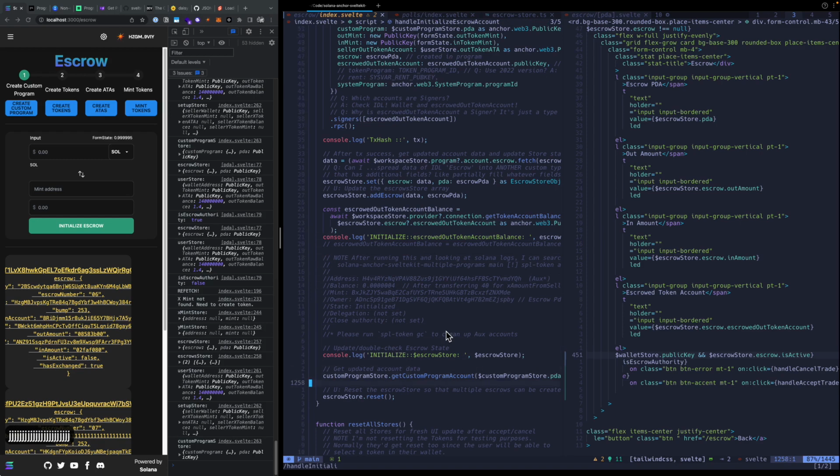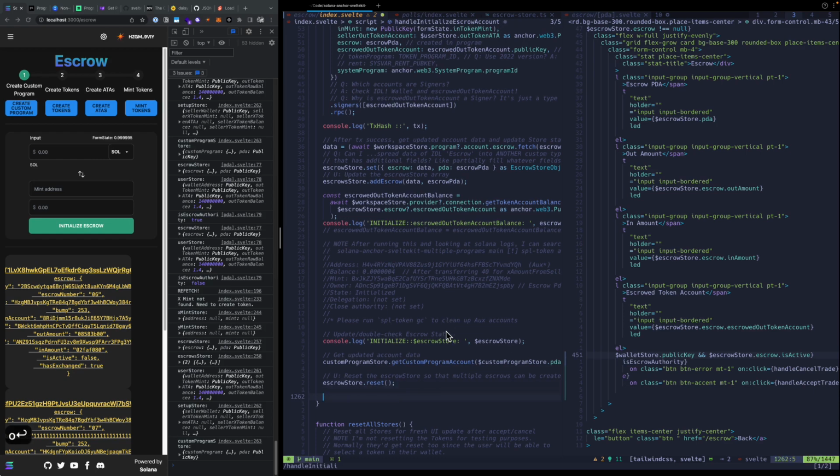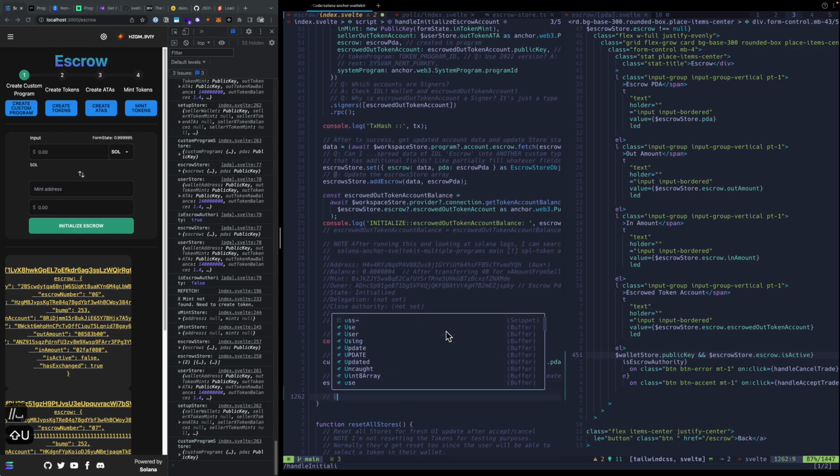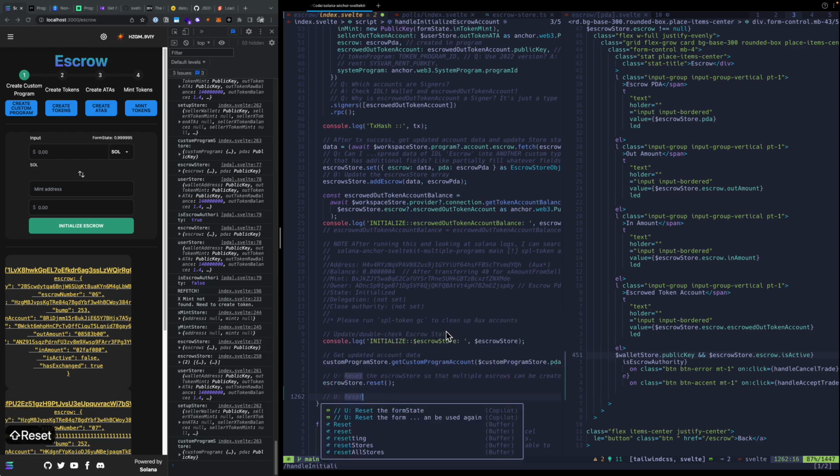After we initialize, we are fetching the latest, but this time we know the custom program store PDA, or the PDA of the custom program account, it still does a fetch, so we get the latest update there. We reset the escrow store, kind of silly, and there may be better ways on this, but I do feel like I need to update, reset,